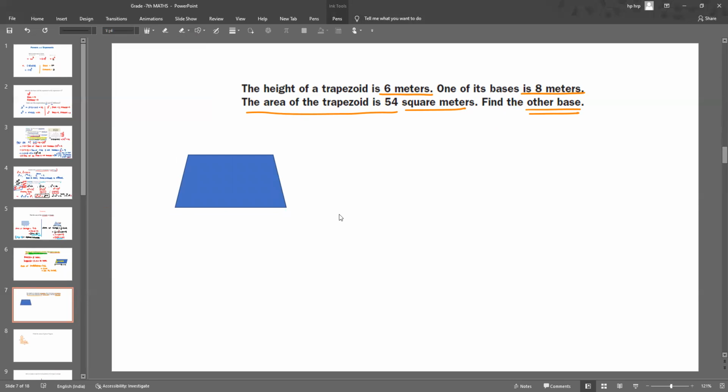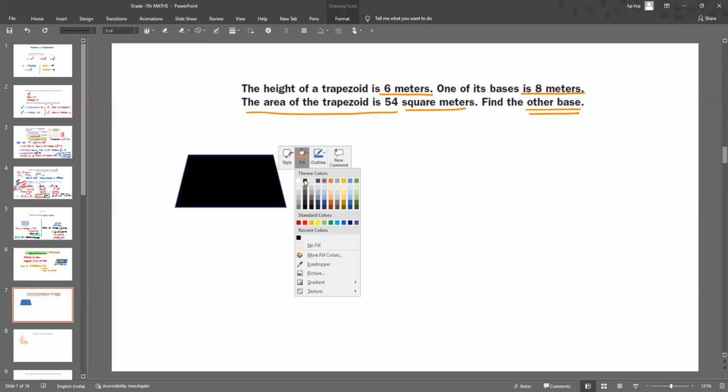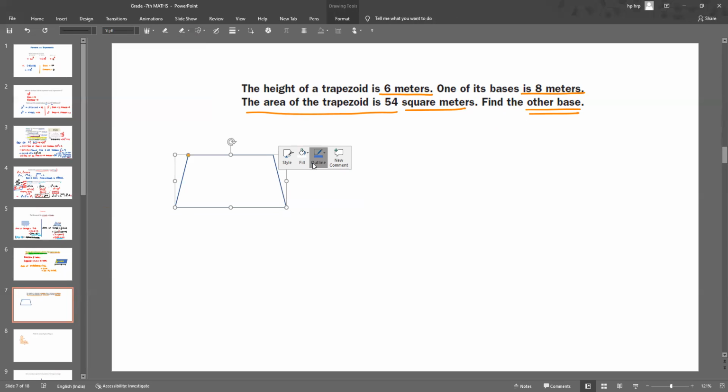Okay, now what are the properties of a trapezoid we have? Just a second, I can explain. So you can see that according to the figure of a trapezoid, suppose here I can give the name of the trapezoid A, B, C, D. Okay, any name we can give because a name is not given. So now you can see that the height is 6 meter.